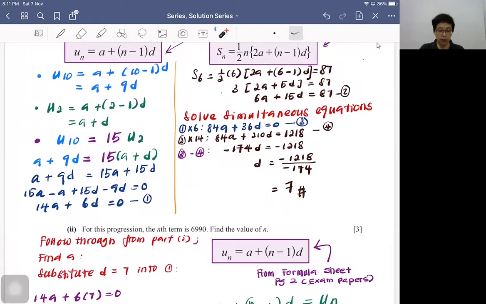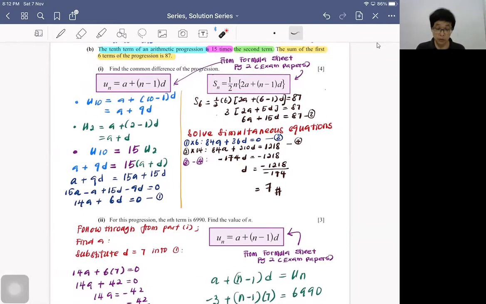So what you do is you take the 10th term accordingly, put it down here, and then the second term, you put accordingly into here. Then you have translated the information they give you into one equation. So what you do is shift everything and simplify them into one equation,